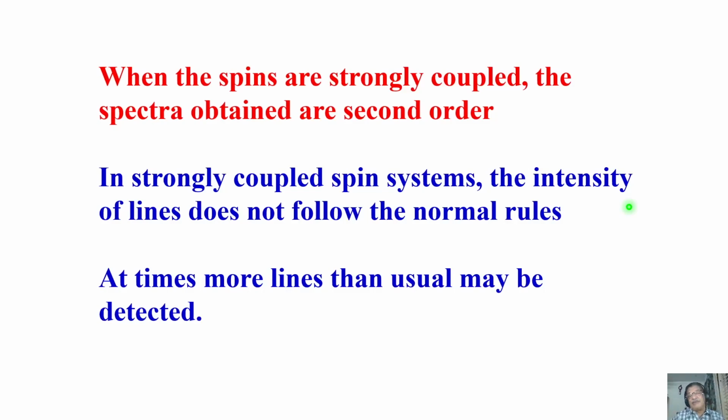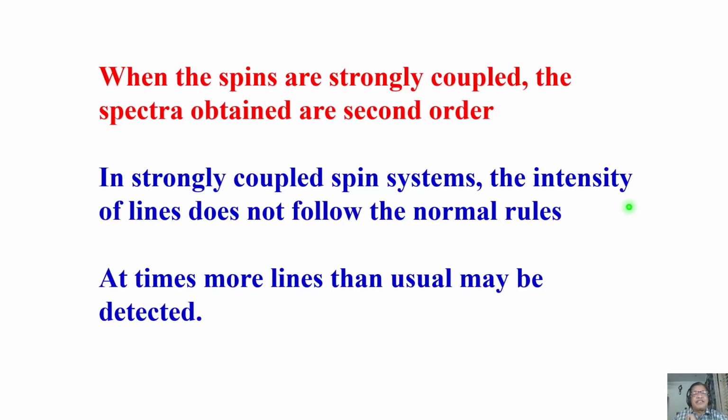And sometimes it may so happen that, instead of the normally expected lines, you get more lines. How is it possible, you may ask. How can we expect more lines than what is possible? It is possible. I'll give you an example when we go further. Please remember,